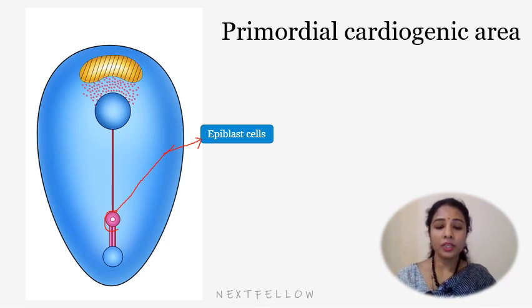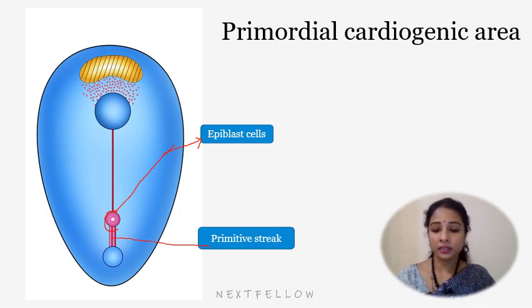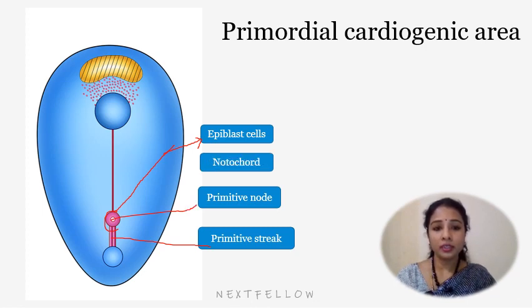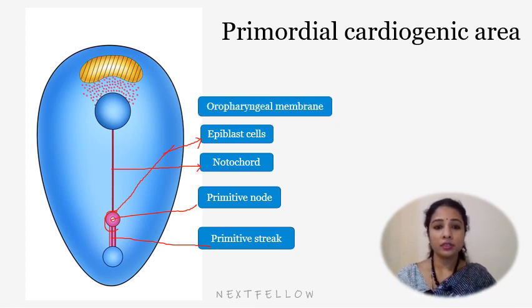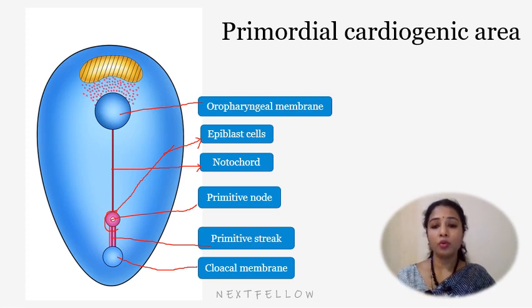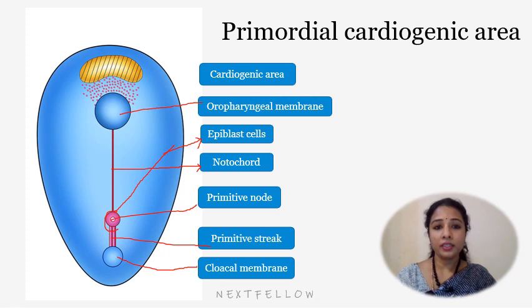So here is the primordial cardiogenic area. So here is the primitive streak, this is the primitive node, and here is the developing notochord which is in the midline. This is the oropharyngeal membrane or buccopharyngeal membrane, and caudally we can see the cloacal membrane. Both are bilaminar membranes, and notochord is limited anteriorly by the oropharyngeal membrane. And here this area is the cardiogenic area, and this yellow colored one developing here is the septum